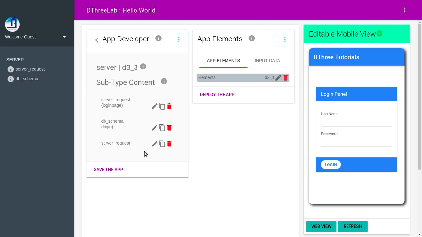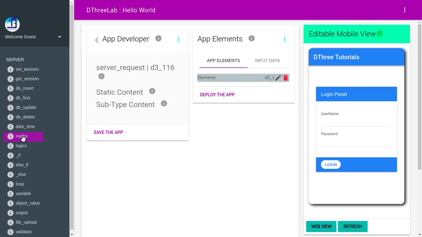Inside a server request, as you can see over here, there are lots of things that can happen inside the subtype content of the server request. They may have logics, for example from logics to maths, the date time, the database operations, the session operations, the variable. You can also have validators, file upload systems, the object values and the output. We will discuss all of these things in our later lectures. And right now,